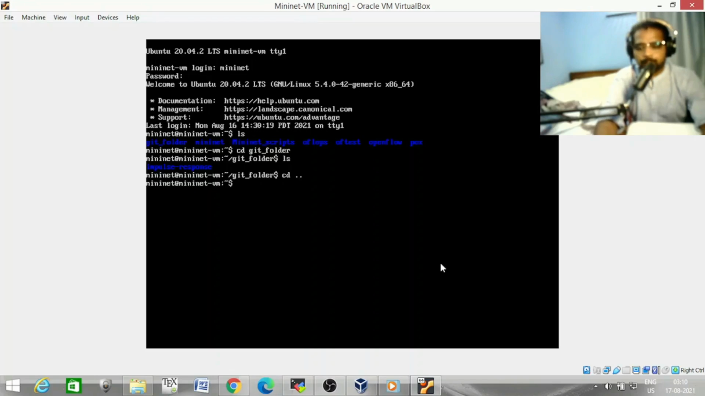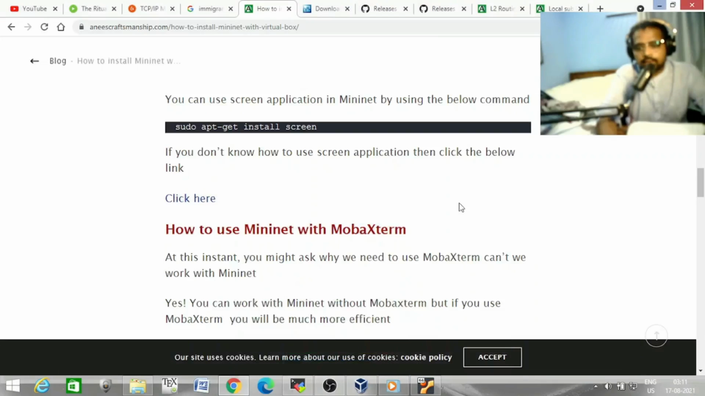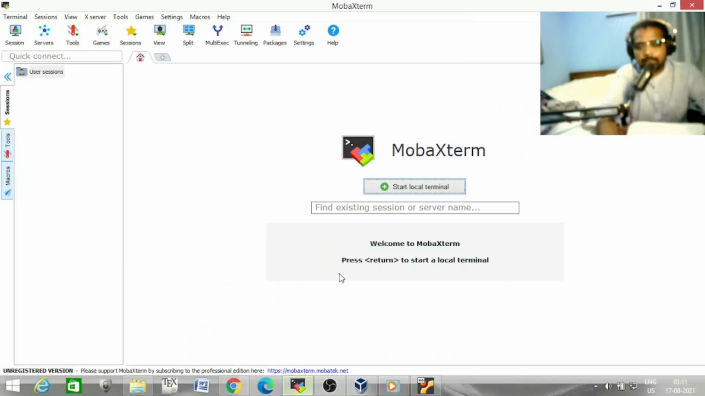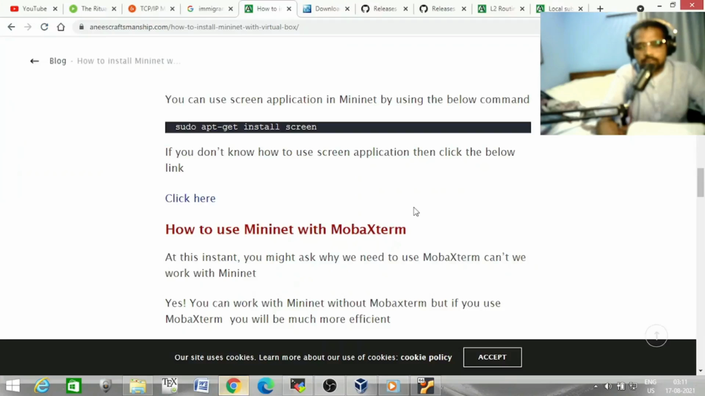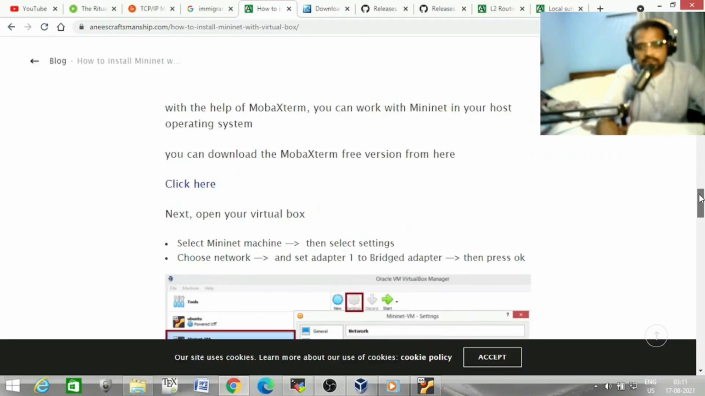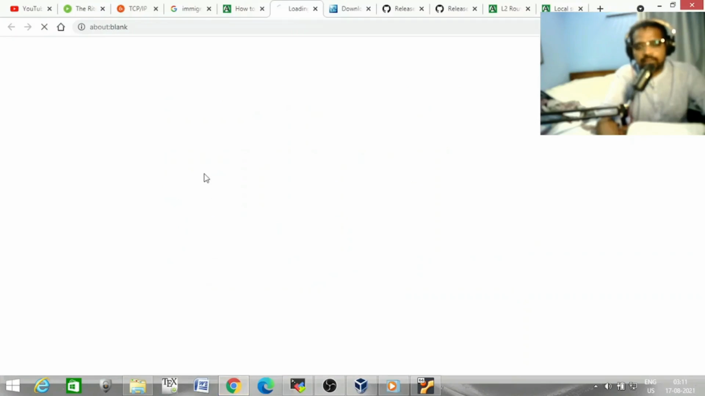And one more thing, it's better if you use an SSH client to connect your Mininet machine with your Windows operating system. How can you do it? You can do it by using MobaXterm. Download MobaXterm from here,